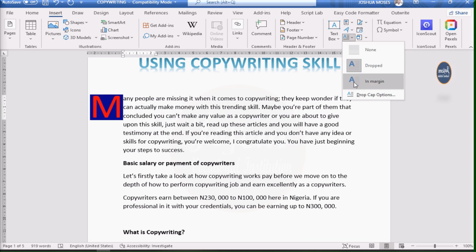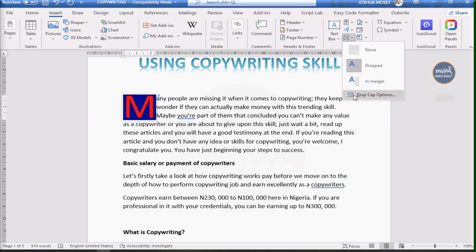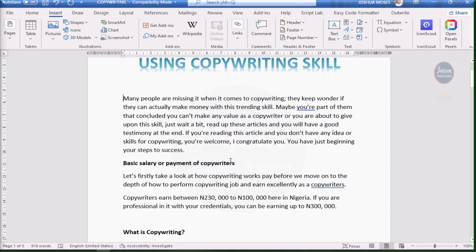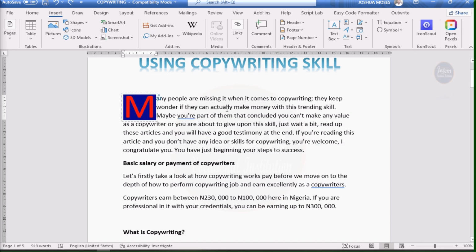You can decide to remove the text under and put it this way, and these are more options for you. Look at how it looks like. You can choose it this way. Whatever things you want to do with the drop cap, you are free to do.